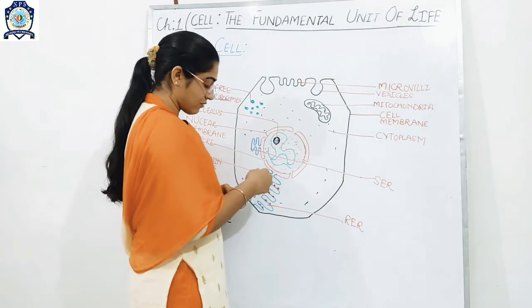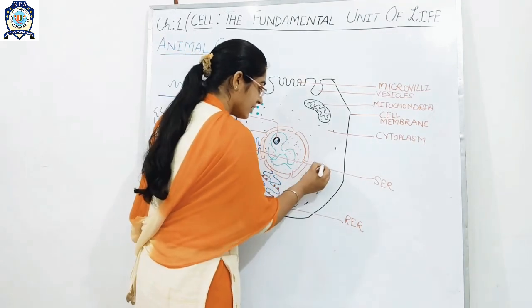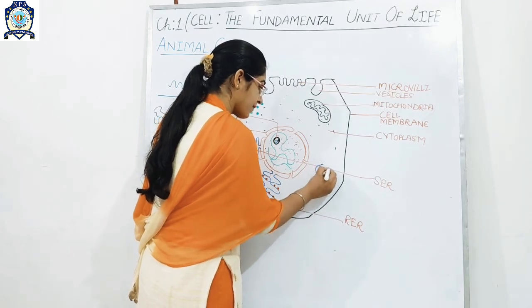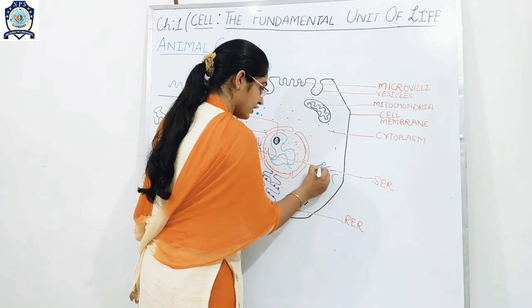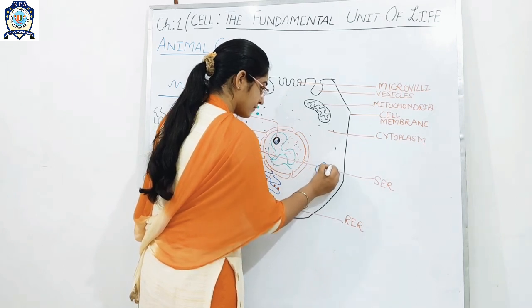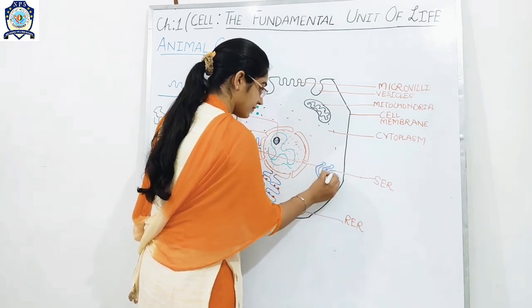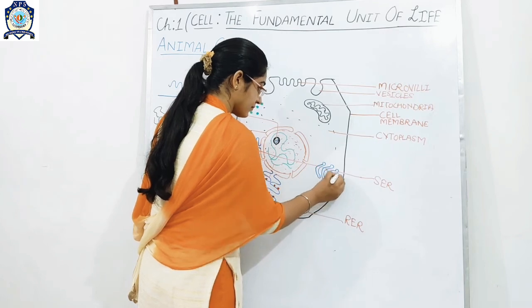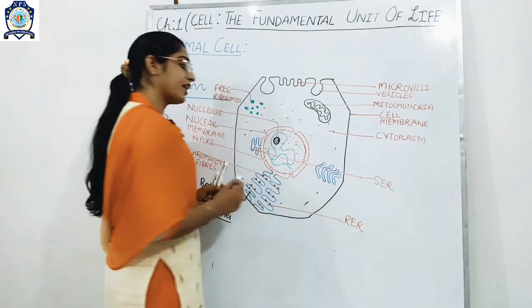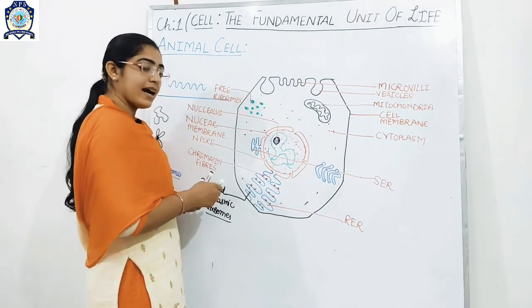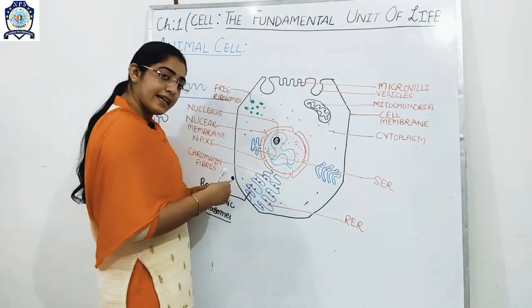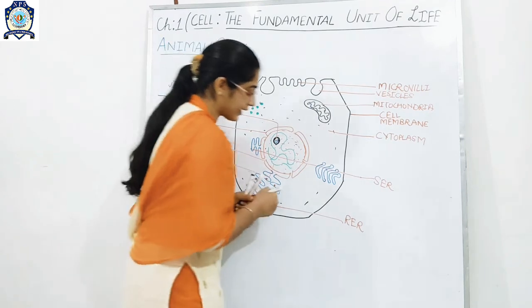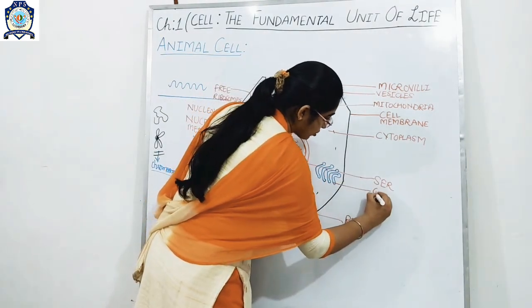And also there are Golgi bodies present. So again you have to draw the Golgi bodies. In this way, so these are the Golgi bodies. Concave face toward outside and convex toward inside. So again if we label it, then let's label it. These are the Golgi bodies.